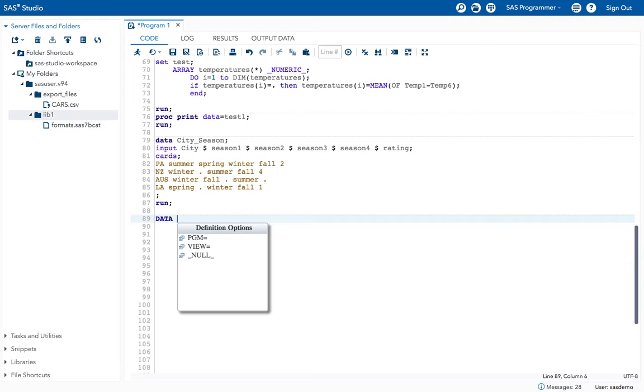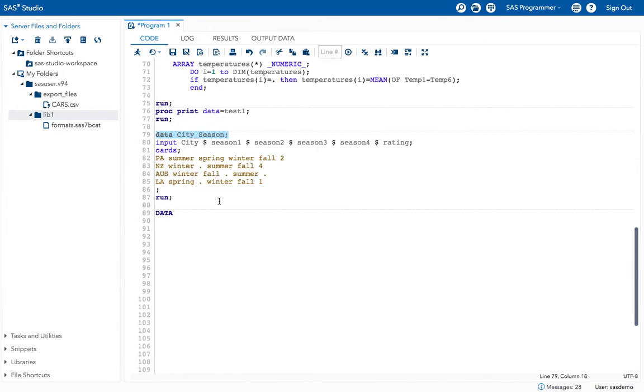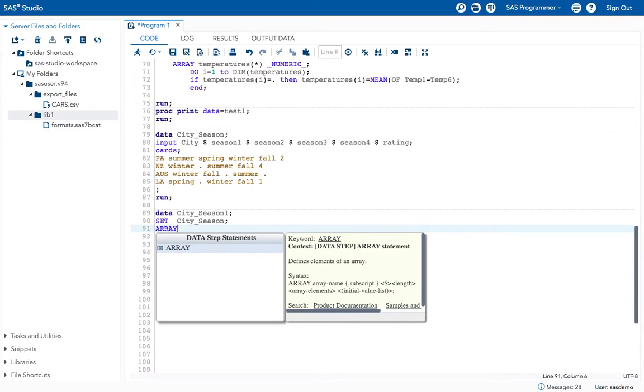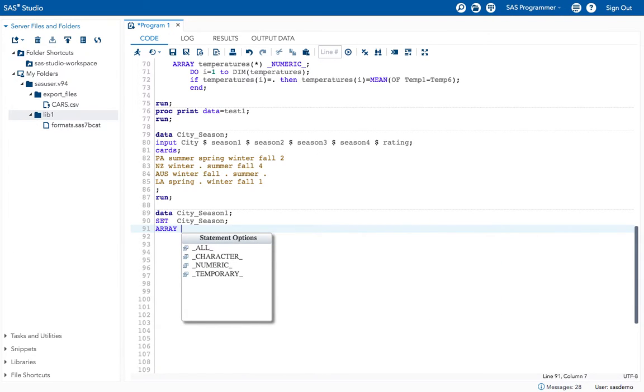Data, and then set city season. I want to create this as city season 1, and now give array. I have to give an array name, right? Let's take season as the array name.